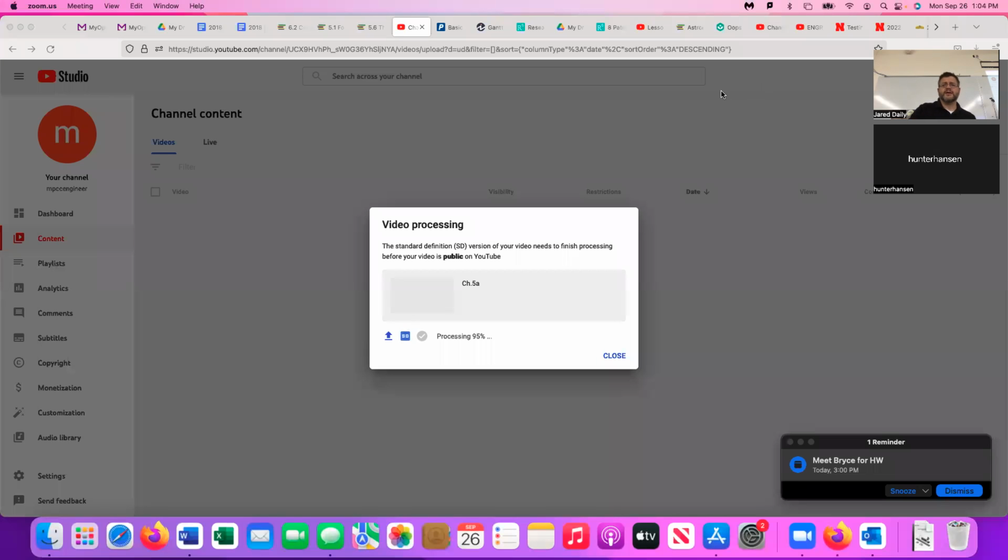password on this computer. Okay, so anyway, as I was saying,